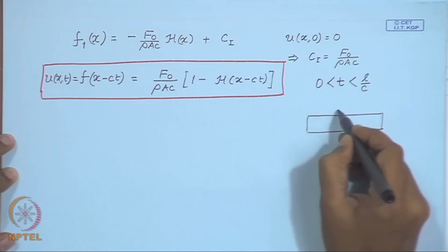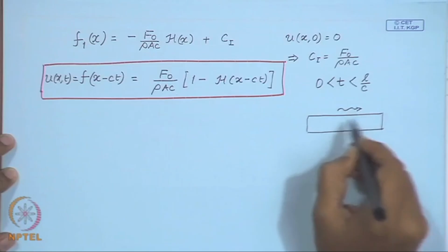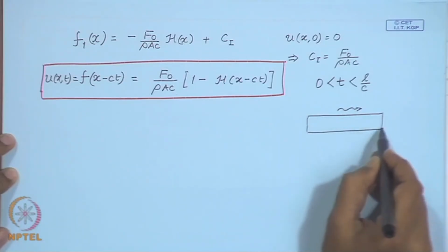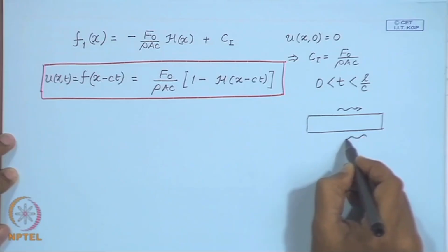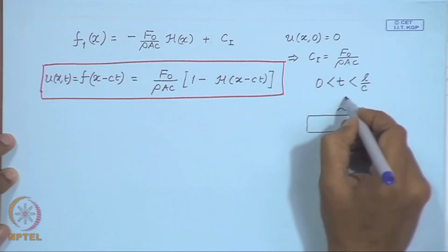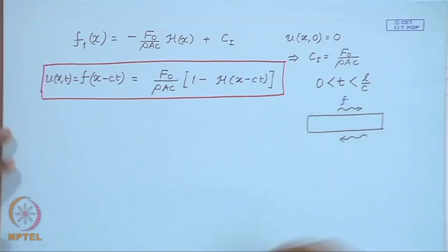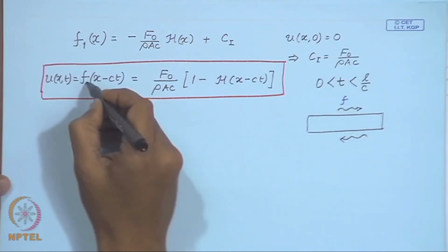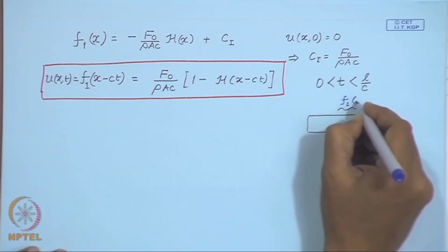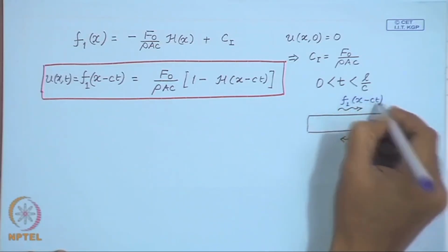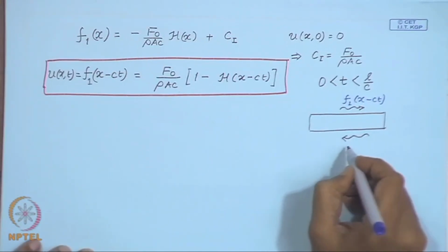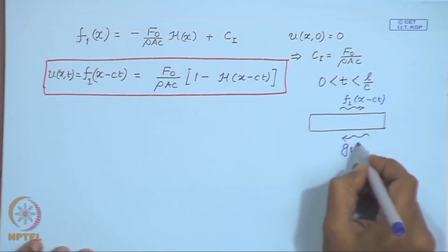So, here there is a front which is travelling, and that is going to hit the right boundary and reflect back. So, this is f, this was f1. This is f1, that is incident on the right boundary, and what gets reflected I will represent as g1